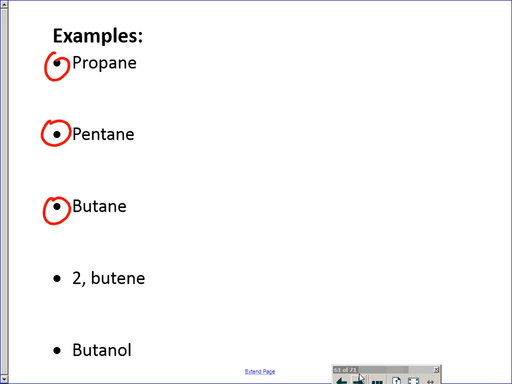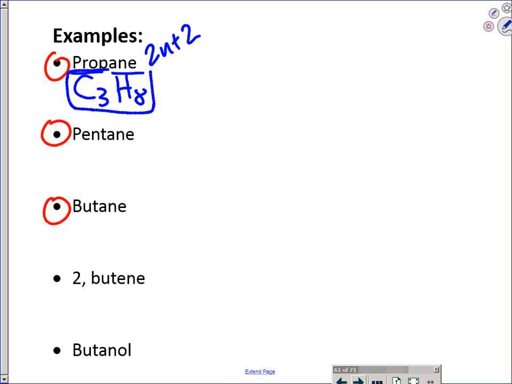All right, so get ready. I'm going to ask for your help on these. Somebody might help you out if you need it. CJ, get me started on how you break this compound name down. So I looked at the front, it says prop means 3 carbons. It's 2N plus 2, so 3 times 2, and add this one to it, and I got H8. All right, so propane is C3H8.